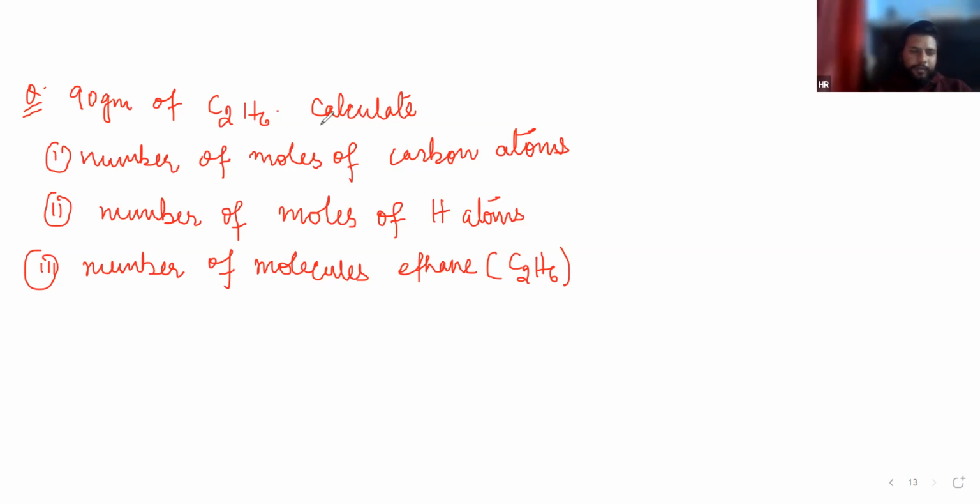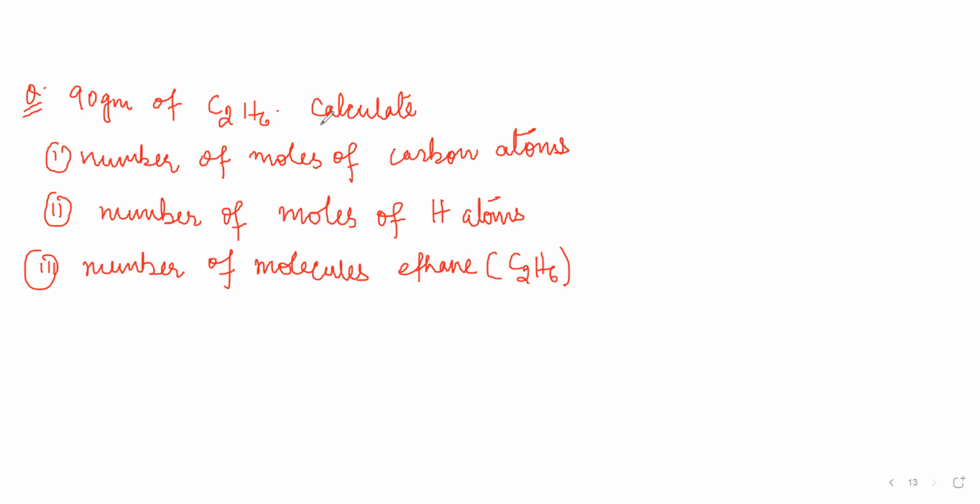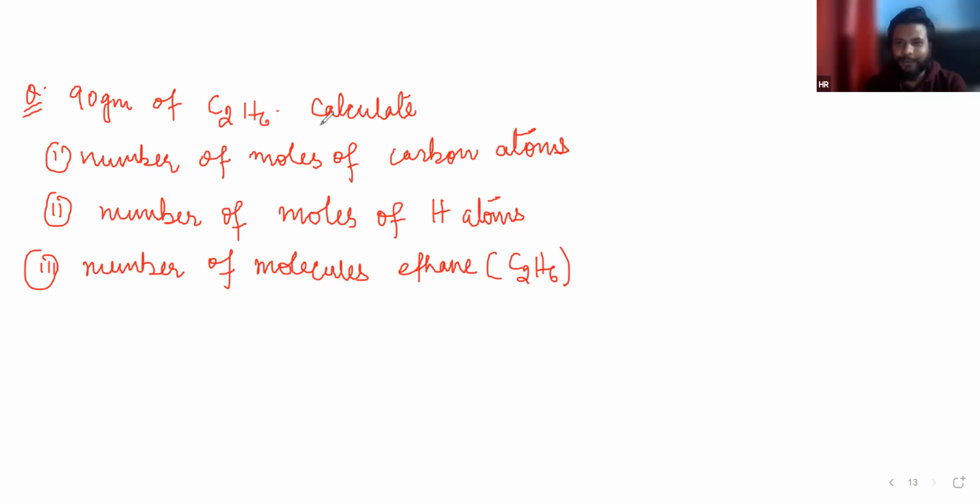The third one is wrong. I'm talking about molecules. One molecule to how many molecules, atoms, and all that. How can you say that it's 4? Yes, sir. You are telling 3 to 4. Answer is 4. That is wrong.